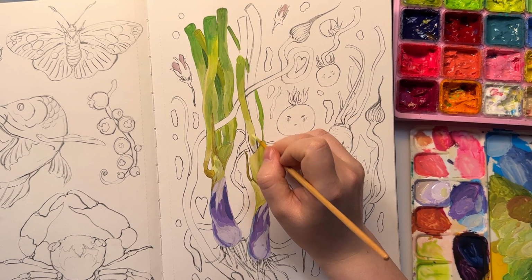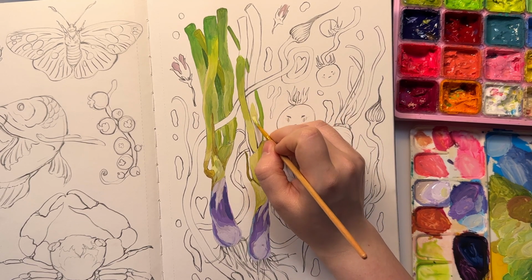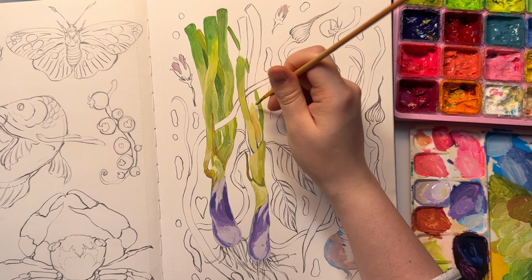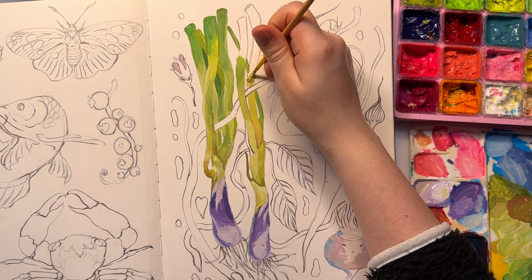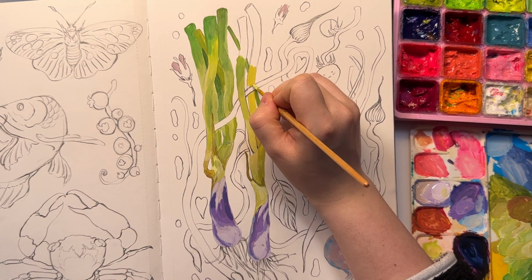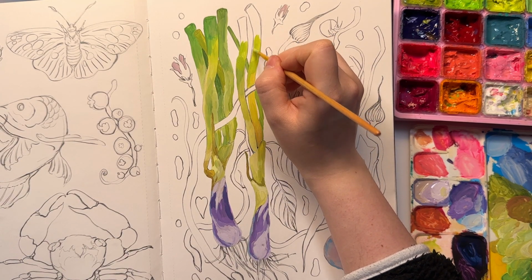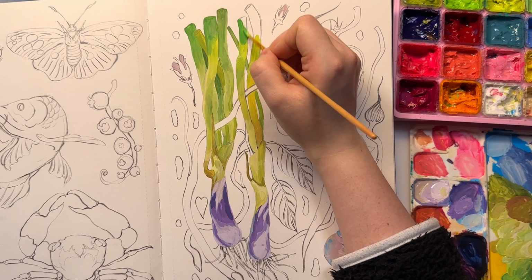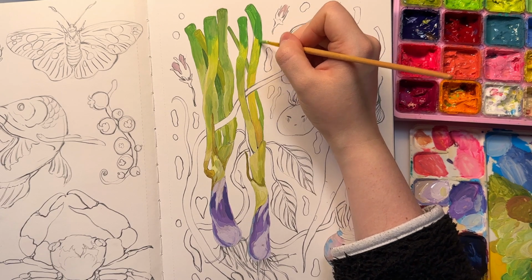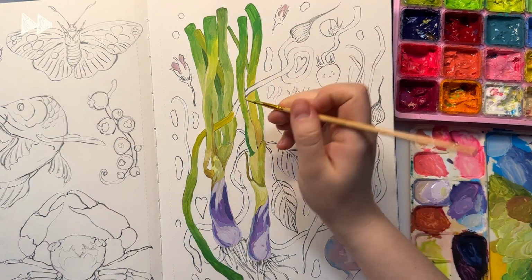I'm going in with my first layer of the gouache. Little backstory for my gouache. So I got my gouache, I think around 2019, and I got this smaller palette, which I believe has 18 colors inside. And then a few years later, maybe around 2022, is when I got gifted the 50 set, which is a